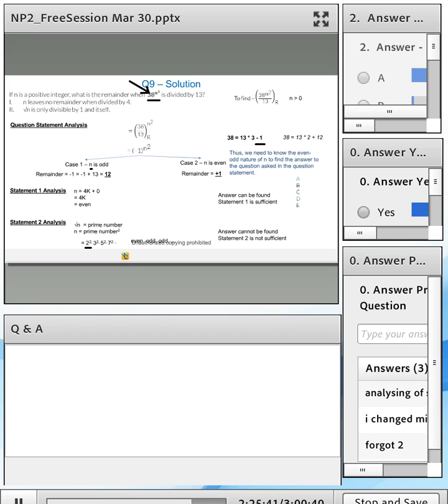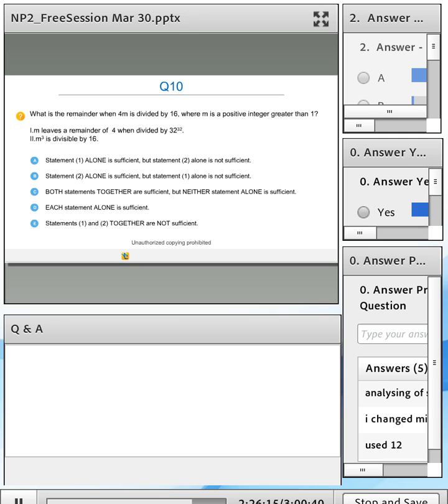Again, as we were talking, this aspect is covered in detail in the concept files in the number properties course. In the live session, we actually emphasize this property a whole lot because it is tested so much on DS questions. All right, as long as you understand where you faltered, it's good. Again, the whole point of doing this is that you understand what your gaps are and you understand the right method of preparation. Now let's look at our last question in this session, question number 10.